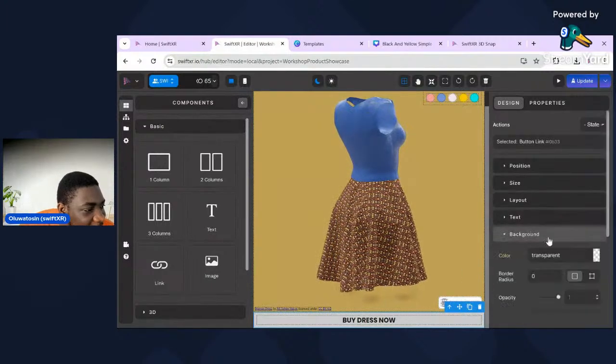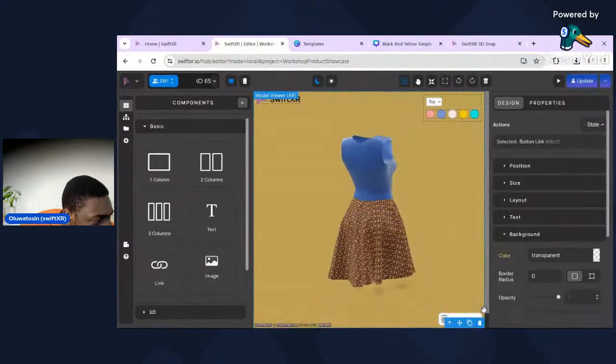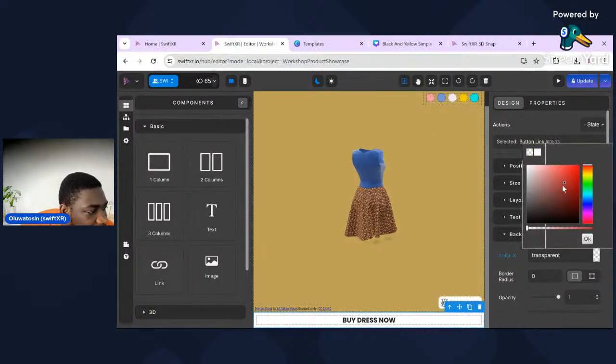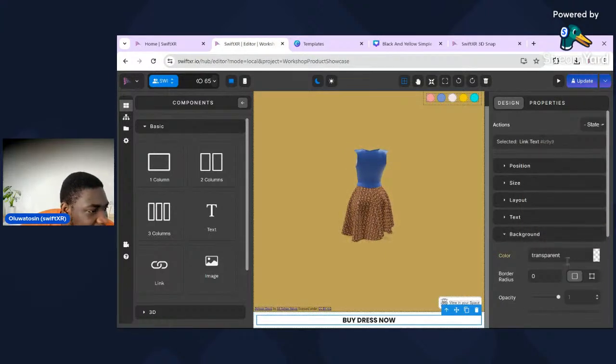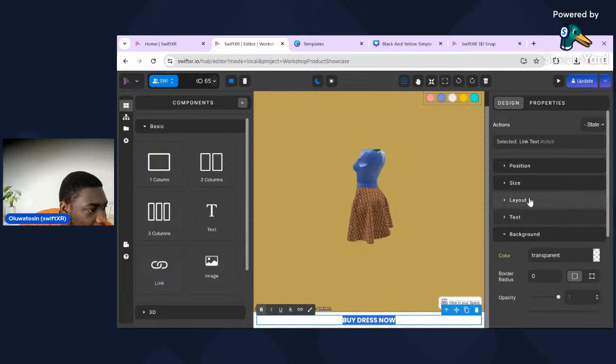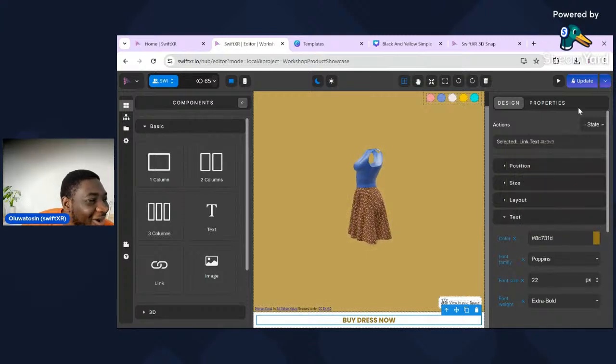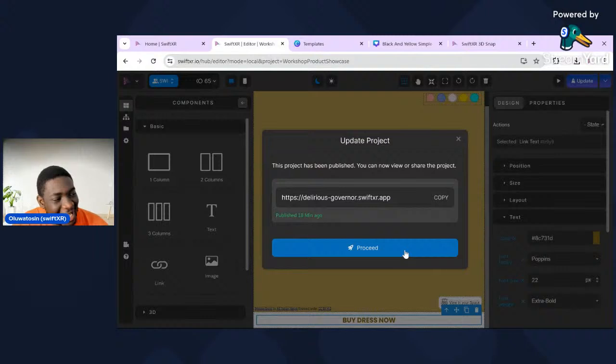I could maybe set the background here for this guy. Maybe make it white, right? And yep, that looks all good to me. And maybe change the color of the text as well, right? So for the color of that text, maybe give it something close to what we have here. My design skills are not the best, but yeah,